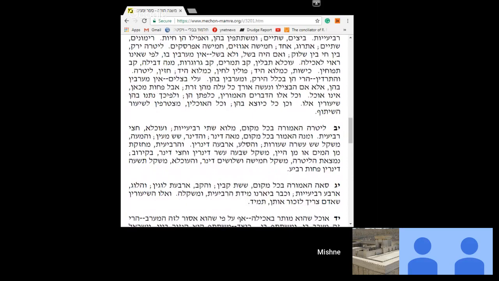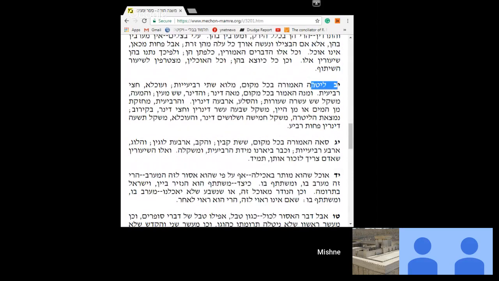Halakha yod bet. In this halakha, Rambam gives a specification of these measurements that were given previously. And there's a very helpful halakha for many things. It's a useful halakha for many places of the Mishne Tora. I will go through it. I will try to maybe give some of the modern day measurements. So yes, in any event, it's a very helpful halakha. So litra ha'amura bechol makom, the word litra said in any place,